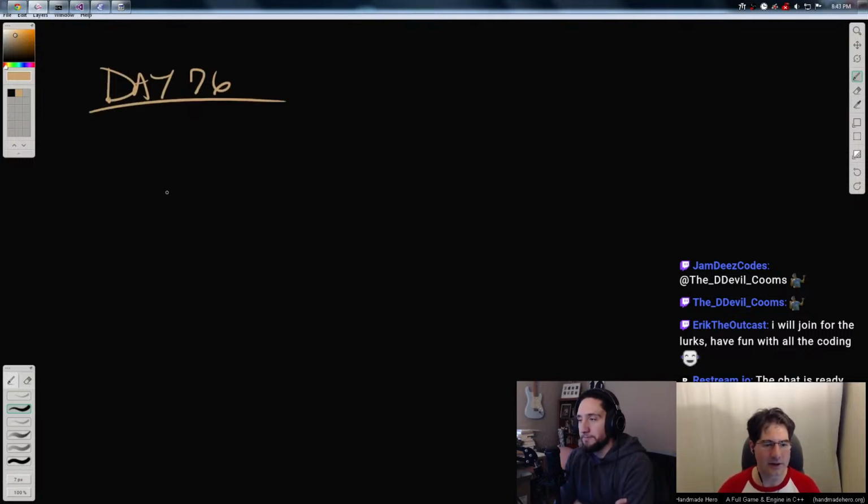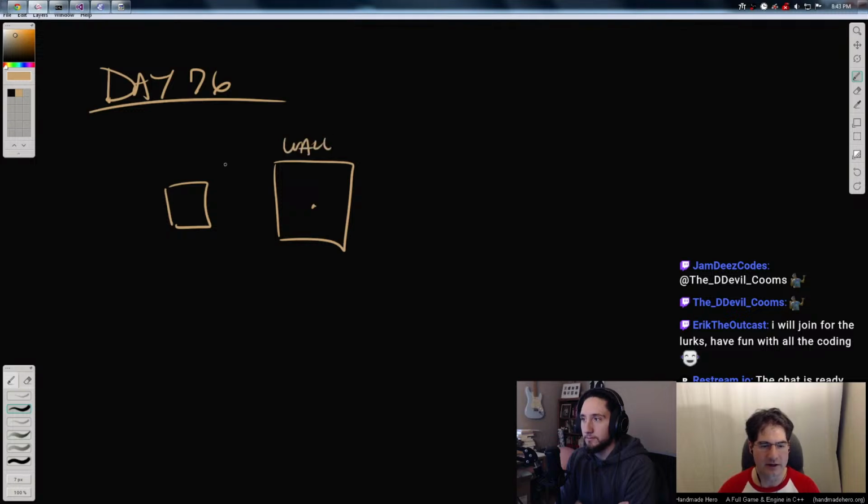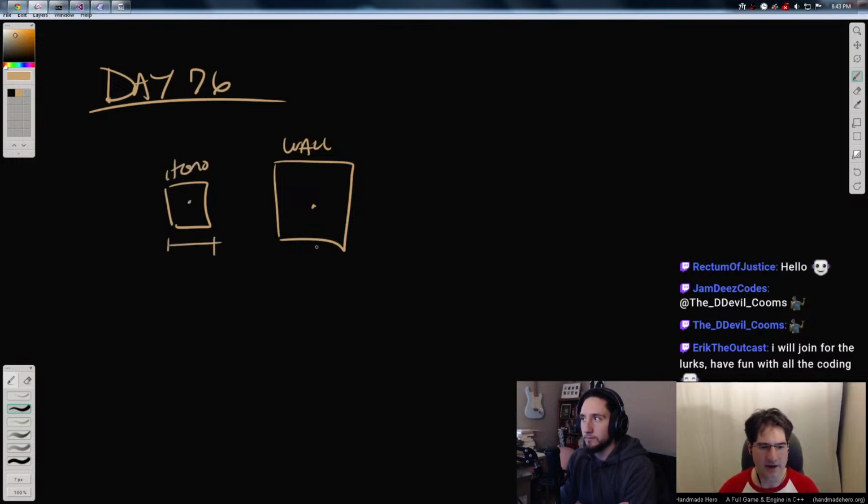And what I was trying to say before is we have two entities, right? Before we had the wall entity, or the entity we're testing against, which doesn't necessarily have to be a wall, but that's most of the things that impede our progress at the moment. And we had the hero, right? And each of these had a dimension, a measurement that said how wide or how high it was. So if you imagine we had the hero's dimension here, and the wall's dimension here, so HD and WD, let's say,